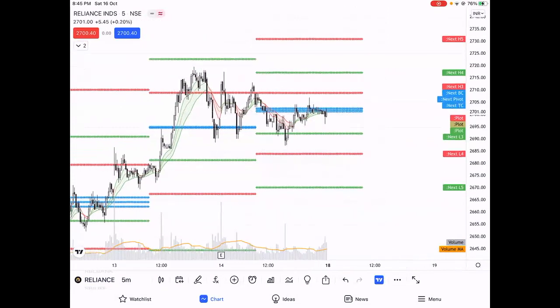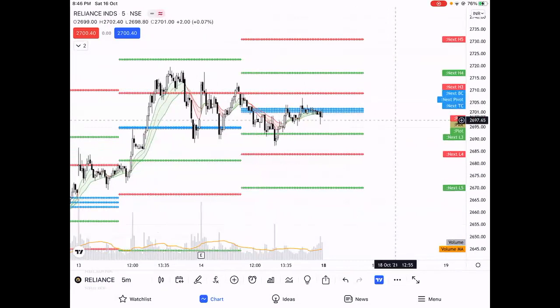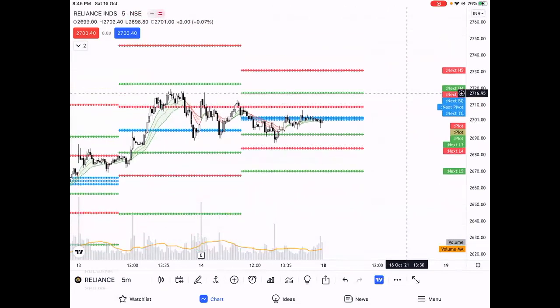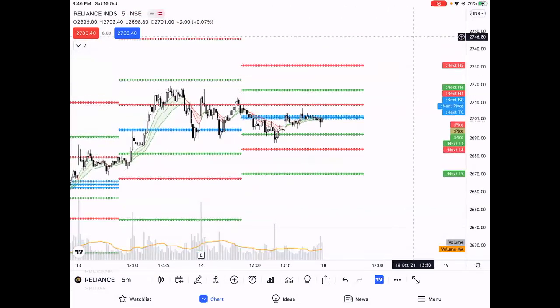Reliance. If you want to trade Reliance on Monday, keep this thing in mind. If this level is taken out, right? That is somewhere around, let's keep a round number, 2710. If 2710 is taken out on Monday and if it sustains, right, Reliance can give a blasting move on the upside, right? It can give you a 2.5% move